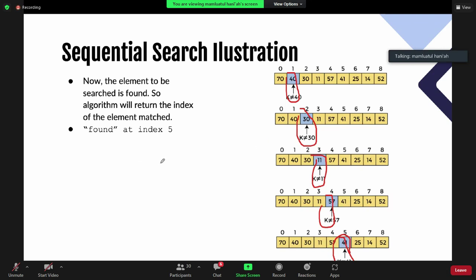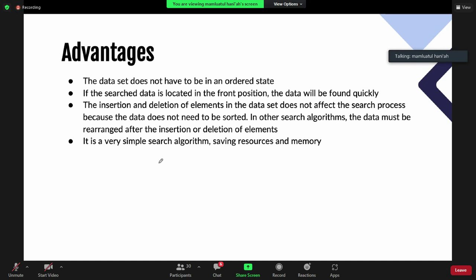Okay. So the advantage of this searching algorithm is that your data set, or your list, does not have to be in an ordered state. Some algorithms, like the binary search algorithm, need your data to be in a sorted state. Jadi advantage-nya di sini, data Anda itu tidak perlu dalam bentuk terurut, ya kan?